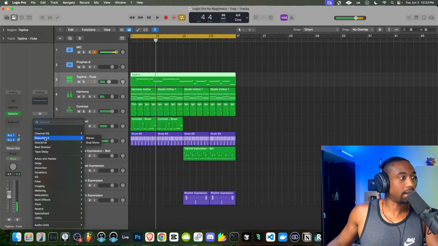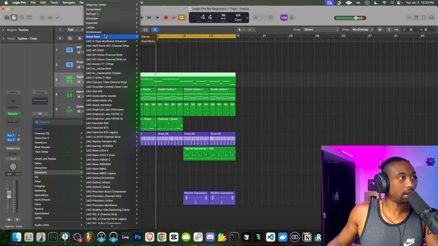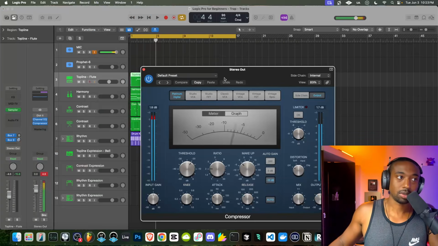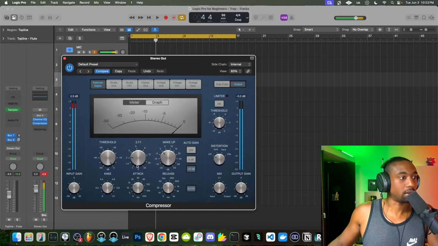And then next, you could add that compressor under dynamics. Go to compressor. Optional. You don't always have to do this, but we're going to turn the threshold up, turn the ratio to 1.1, turn off the auto gain here, and then mess with these distortion modes here. Even in my voice, you guys could hear it adds like a crunch to my voice.